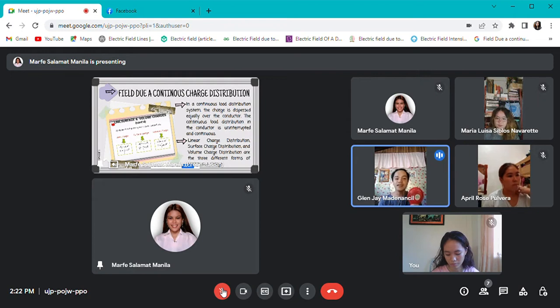So, field due to continuous charge distribution. In a continuous charge distribution system, the charge is dispersed equally over the conductor. The continuous charge distribution in the conductor is uninterrupted and continuous. So in the word itself, continuous, sunod-sunod ang iyang flow. So may we have Eloisa to have her idea be expressed with regards to